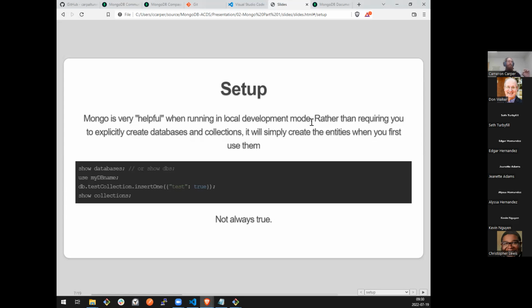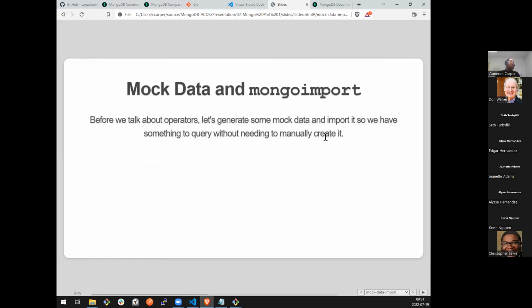So there is one extra step that I want to do before we talk about JSON, and that is with the MongoDB tools, because I want to load some data into our database so that I have records to actually query against. And by records, I mean documents if I was going to use the proper terminology. So the way we can do that is with, again, the Mongo tools, and specifically I'm going to use Mongo import.